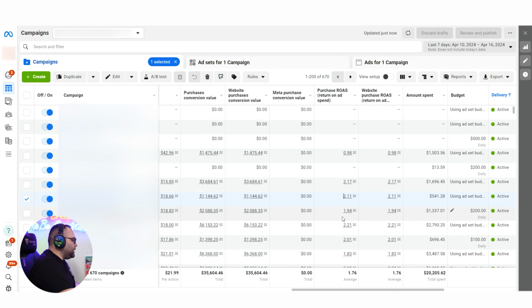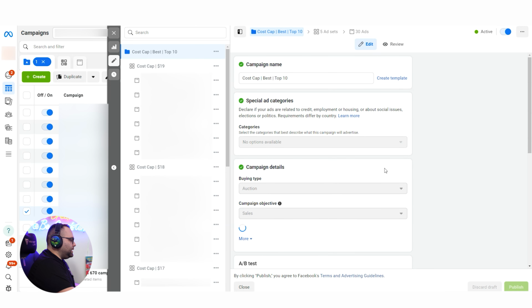One last thing before we close is that you can also do CBO. Let me show you how this is working. Cost caps can also work with CBOs, and I see that now more and more people prefer them, and it's working pretty well, I must say. So here we have a cost cap with $200 on a CBO, and the way that it's working is that